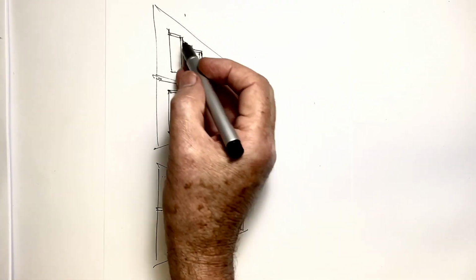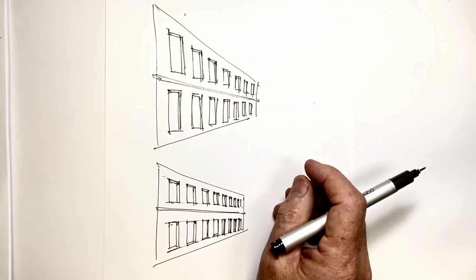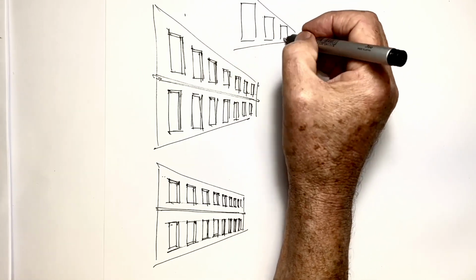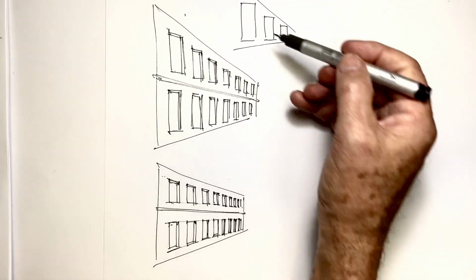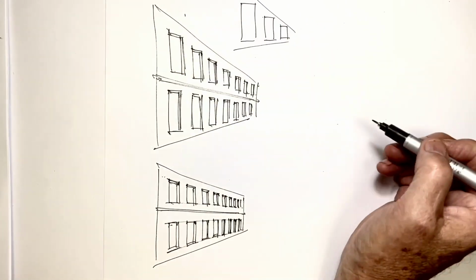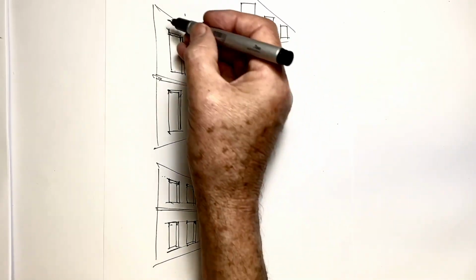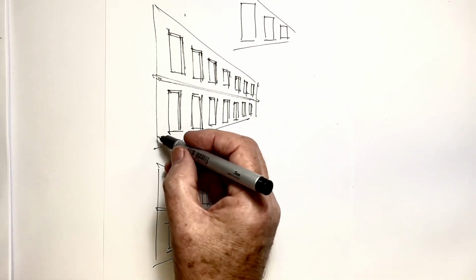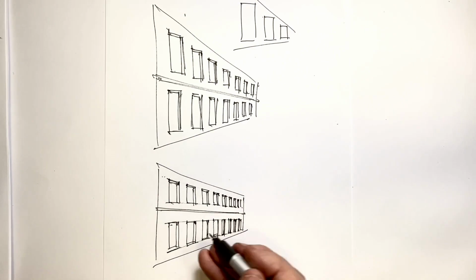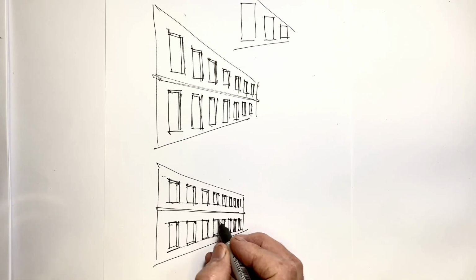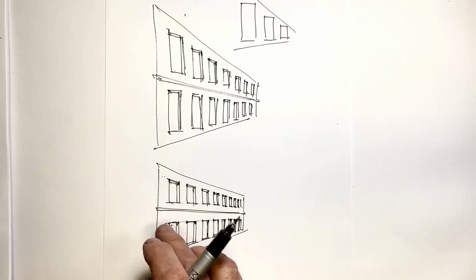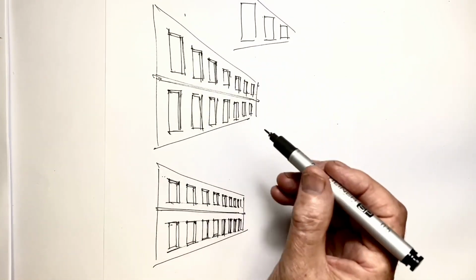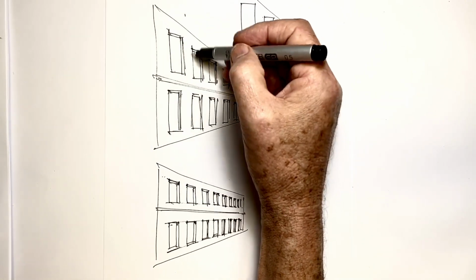The problem is that the tops and the bottom of the windows don't line up with the perspective lines. To give an exaggerated view, it looks more like this. It's as if the top of the windows form a series of steps sloping slightly downwards or sloping upwards, when in fact the tops of these windows need to form a nice straight line that fits in with all of the other perspective angles. And I think this happens because we're concentrating on getting these vertical lines in place, and